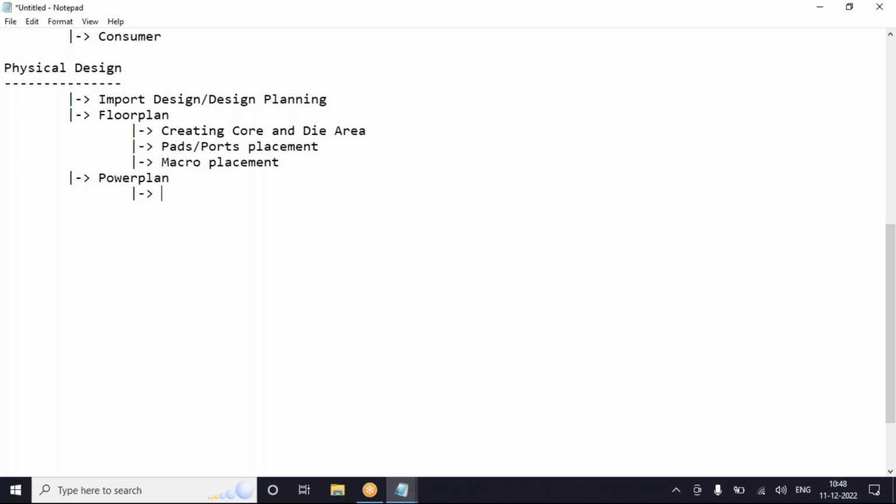So first step, I've done the macro placement, and after that only I'm deciding how much amount of power will be distributed. Is that statement correct? It is partially correct. So let's say I have decided an area, and based on that area, can I distribute the power randomly? No, right? Because the bigger blocks will be using more power and smaller blocks will be using less power, right?